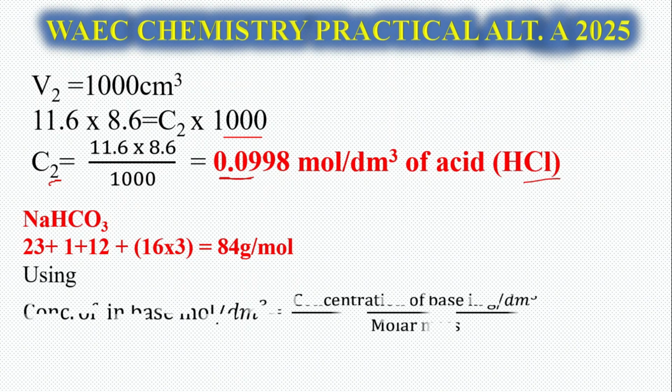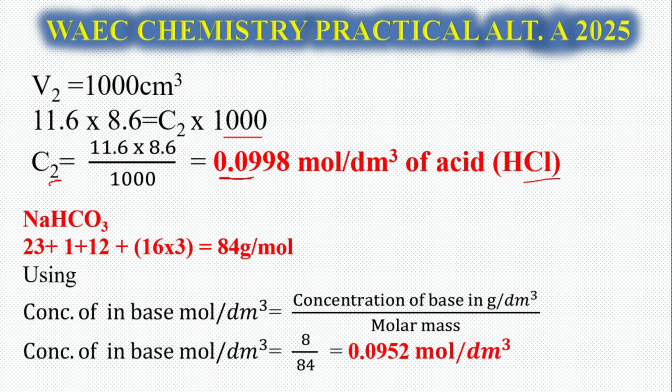Now, let's use concentration of B in gram per dm³ to get our concentration of B in mole per dm³. Let's substitute respectively. We have 8 gram divided by 84, which will give us 0.0952 mole per dm³